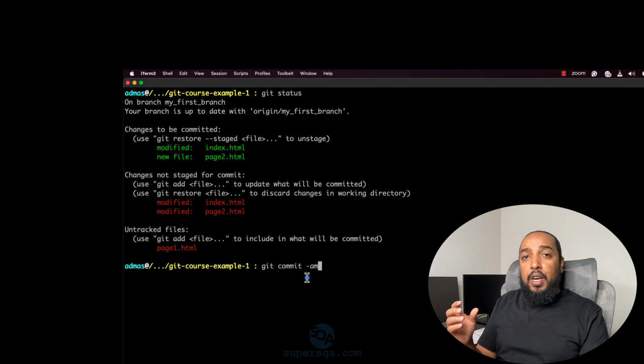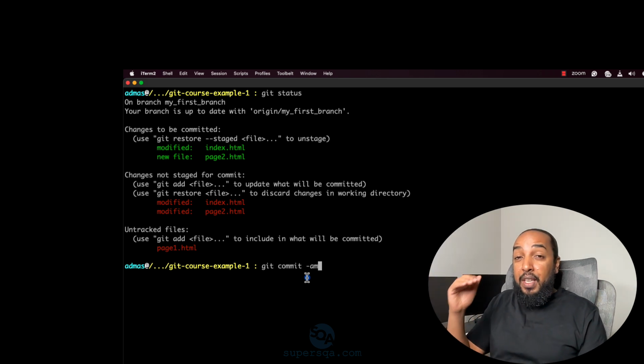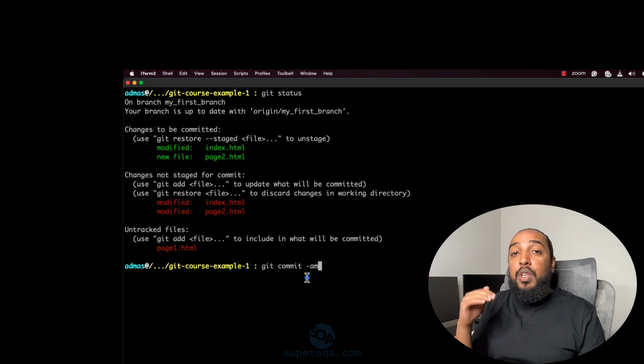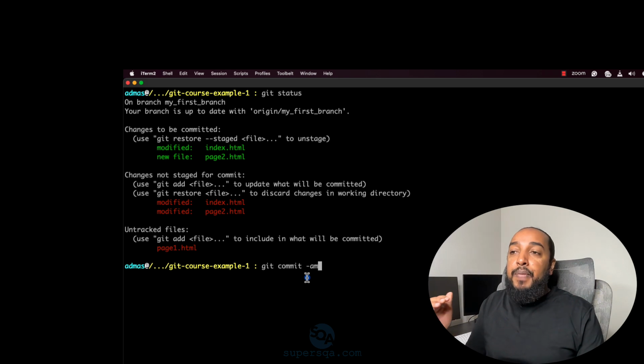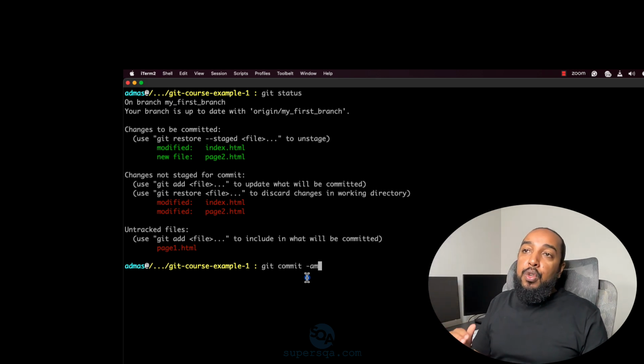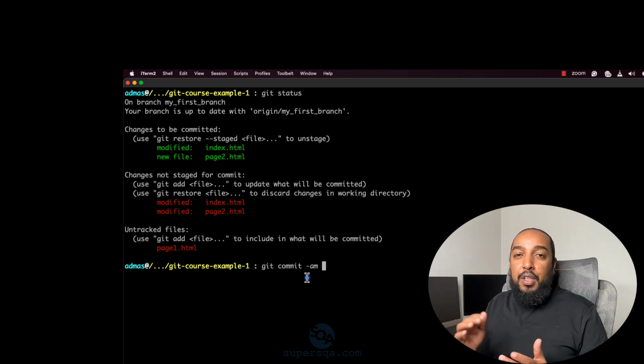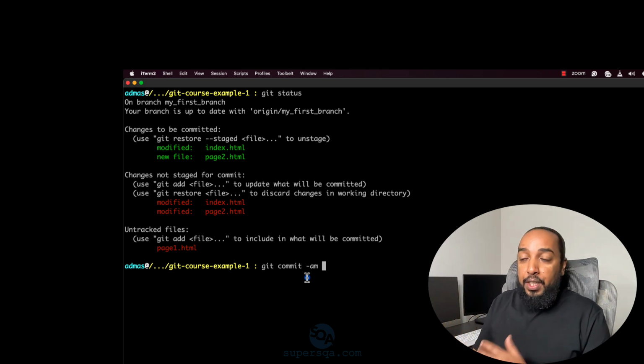Usually what I showed you earlier is we do git add. Once we do git add, we do git commit. We add it and we commit it. And when we do a commit, we put a message, -m for the message. But you can also add and commit at the same time by using -am, add and commit. So when you have two files, it's not a big deal. You can just do git add twice and then do the commit. But when you have a lot of files, it's really annoying to do git add on each one. So you do git commit -am, and then you can add your commit message,